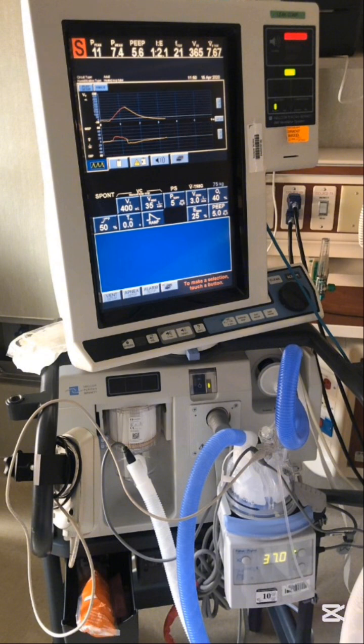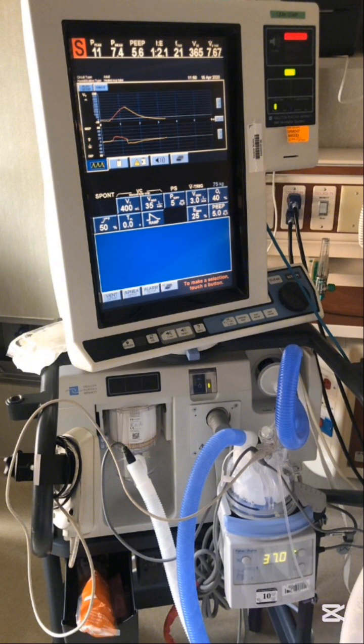In other simple words, whenever we are adjusting the patient on the volume control, it means we are keeping the volume constant. We are, for example, giving a tidal volume of 500. Then the pressure will be adjusted by the machine, so the pressure will be variable. In contrast, when we are adjusting the patient on the pressure support, then the pressure will be constant, a fixed pressure will be delivered by the machine, while the volume will be variable. Now we cannot control the volume, so the tidal volume will be variable.